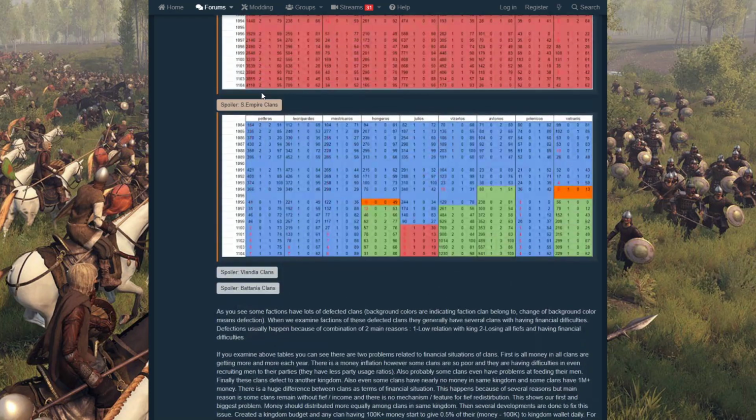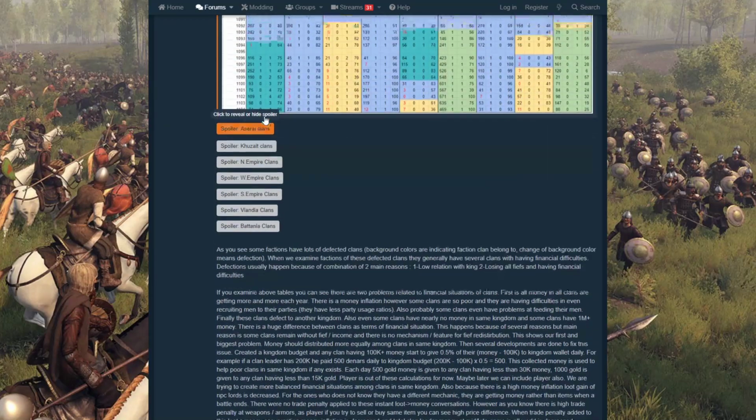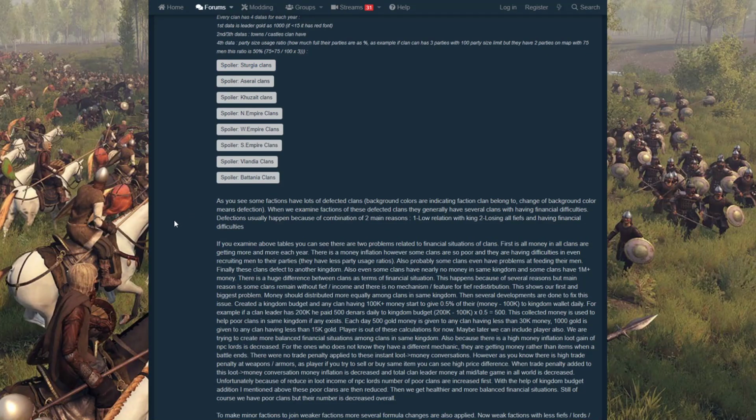Let's see what he has to say about the data. Bring all this back. Okay. As you can see, some factions have lots of defected clans. Background colors are indicating faction clan belong to. Change of background color means defection. Wait a minute. Background colors are indicating...